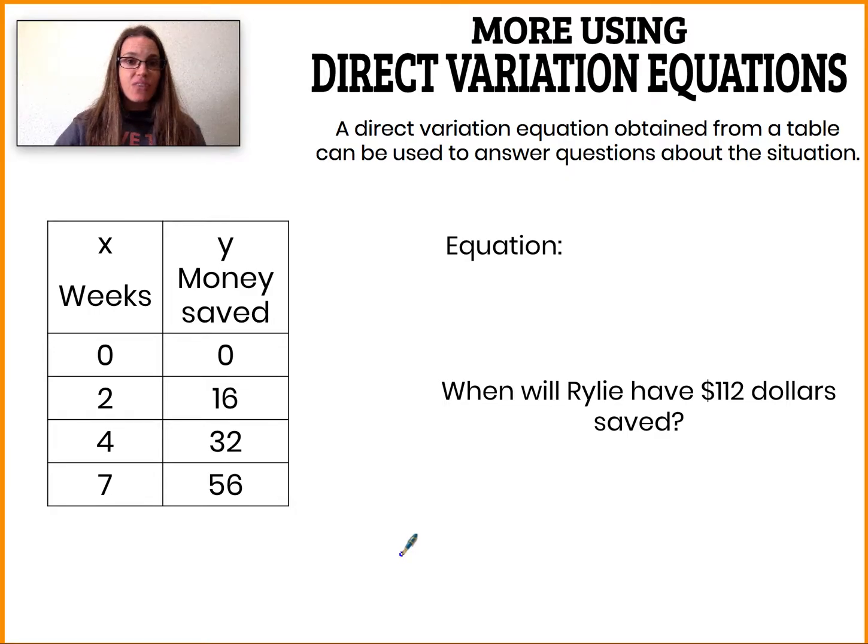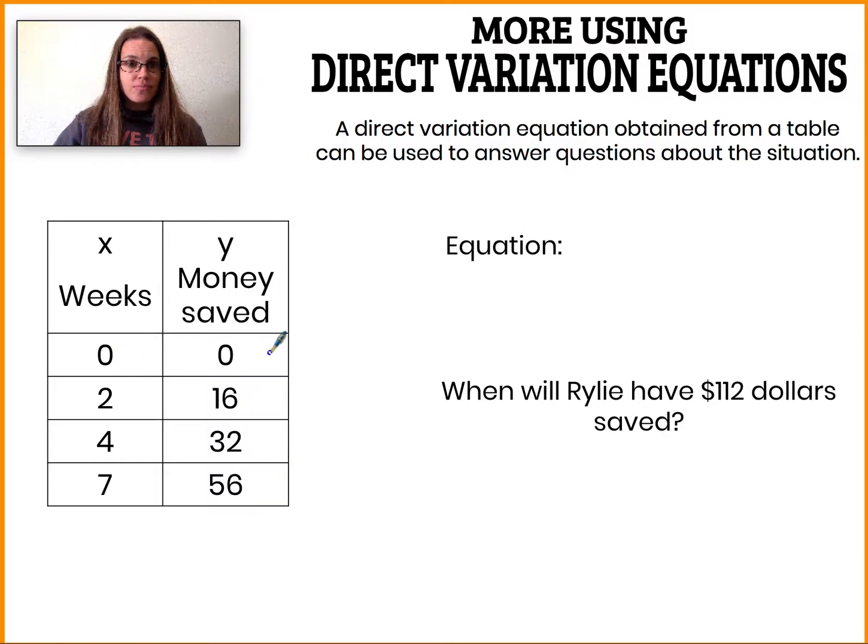Just like a direct variation equation written from a situation, a direct variation equation written from a table can be used to answer questions. Let's look at this example table that relates weeks X and money saved Y. This table tells you how much money a person has given a particular number of weeks. When we're calculating the unit rate from this table, that ratio Y divided by X, we need to ignore this